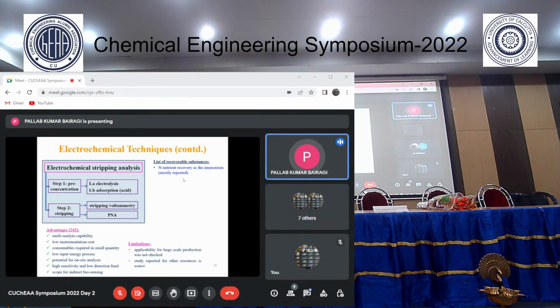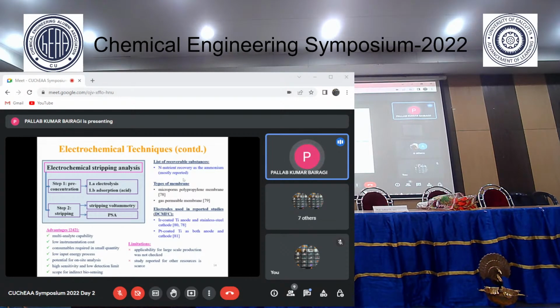In this process, a pre-concentration step of the target molecule or substances is coupled with a stripping technique. The pre-concentration step is operated and controlled by a suitable electrode. The concentrated solution is then used for stripping purposes electrochemically. Tarpe et al. and Liu et al. reported approximately 93% and greater than 63% nitrogen recovery respectively, in which a cation exchange membrane was used to separate the anode and cathode. Based on the mechanism involved, it is suitable for N nutrient recovery as ammonium.